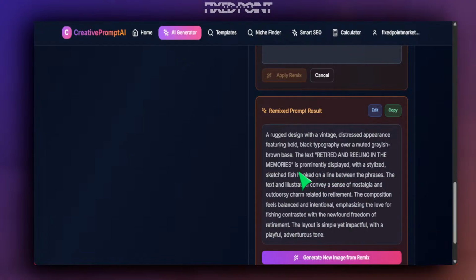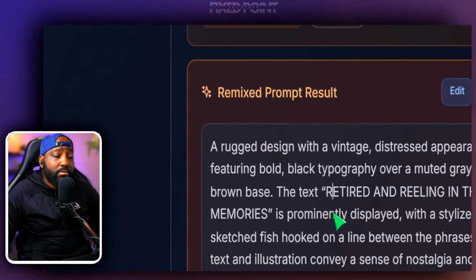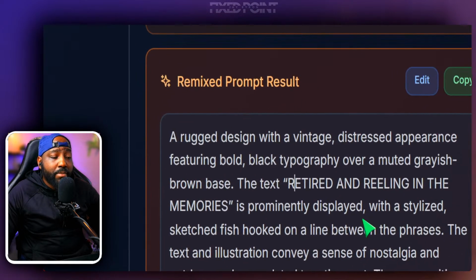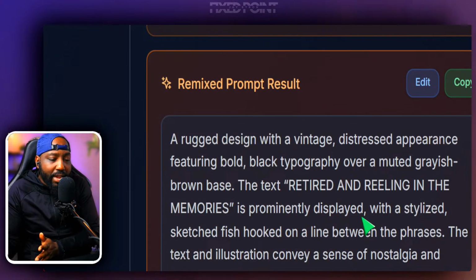Right now, I can go over this and read it, and see that even though I said make this for a retirement shirt, make the text for somebody like retirement, it gave me this text: "Retired and reeling in the memories." So here's the thing. Another powerful side note is that this is great to do if you don't know what phrase to put in. Maybe you're creating a teacher shirt, or a retirement shirt, or a fishing shirt,